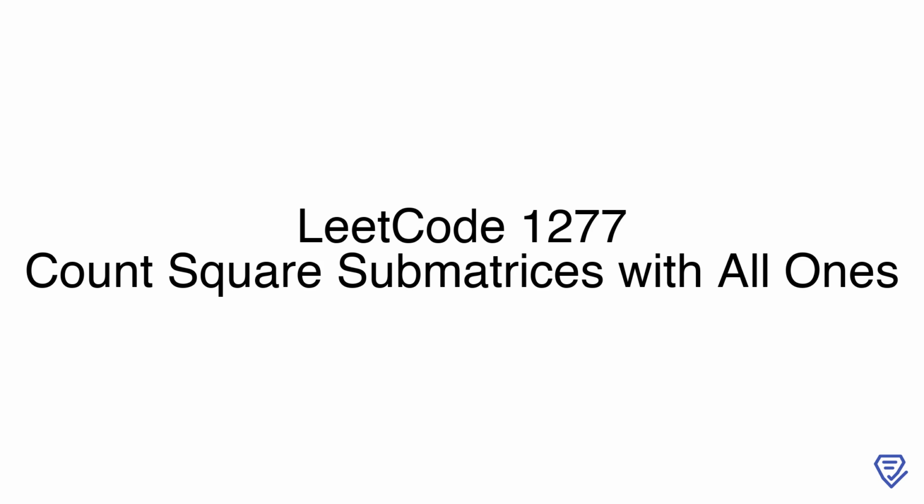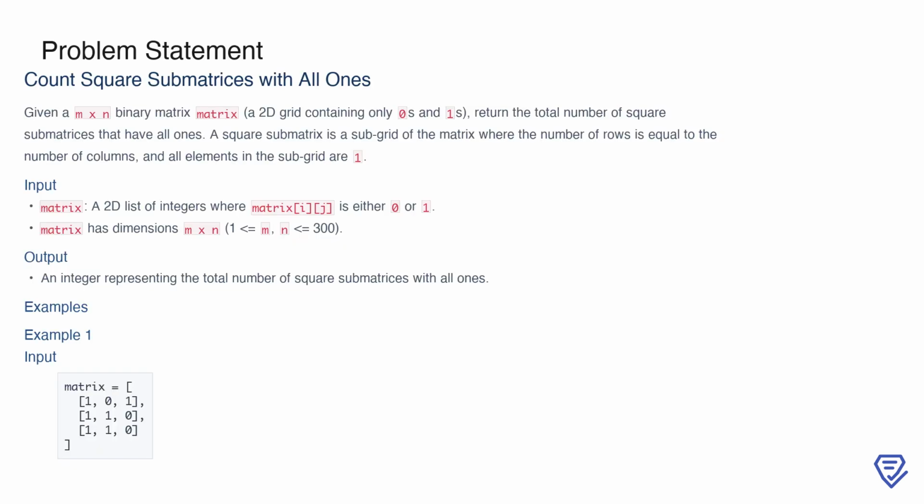Let's dive in. The problem asks us to count all square submatrices within a given binary matrix that consist entirely of ones. A binary matrix is simply a grid where each cell contains either a 0 or a 1. To clarify, a square submatrix means that the number of rows is equal to the number of columns, forming a perfect square. For instance, a 1x1 submatrix is a single cell, a 2x2 submatrix is a 2-row by 2-column grid,